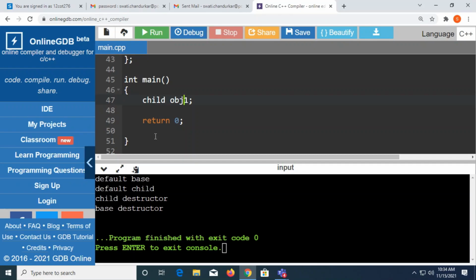So here we have ended with the introduction of inheritance, types of inheritance, and the constructor and destructor. Tomorrow I'll try to revise. From tomorrow we'll try to revise the first 2 units, and if anything is left, that also we are going to take from tomorrow.